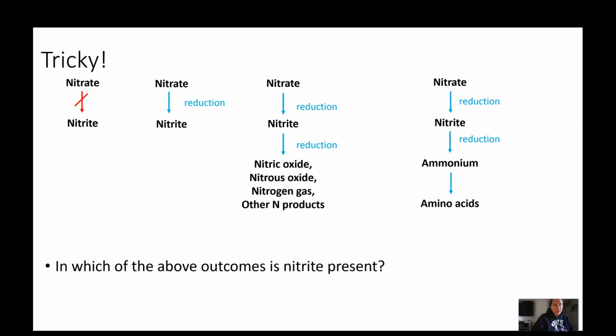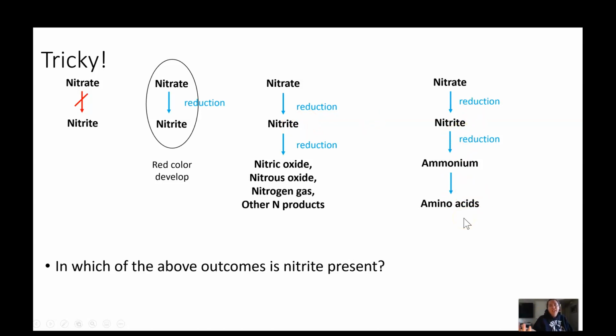I'll give you a hint. There's only one situation where we see nitrite, and that is this one. Here's nitrite. Remember, nitrate is being reduced to nitrite, and we'll see that red color develop. Here, it can't happen. We're still stuck at nitrate. In these 2 situations, we had nitrite for a brief period of time, but then that nitrite was further processed